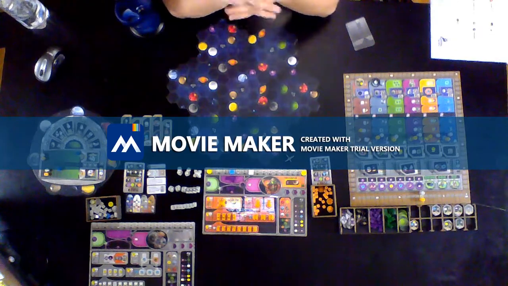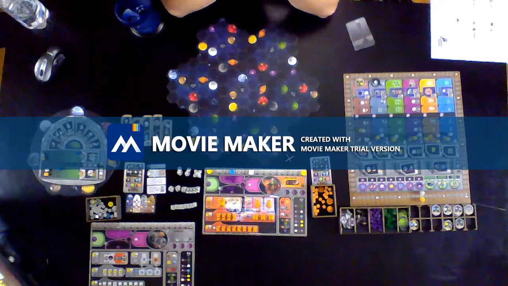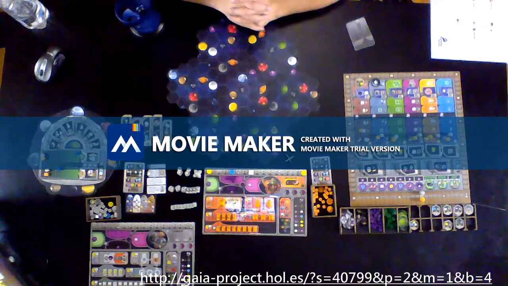I mentioned that I would be trying to do a video here to kind of show how I play Geodens on an Automa map. So that's what I'm doing here. I already set out the map here. I used the map generator